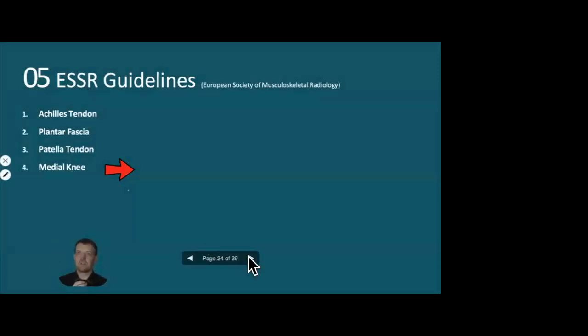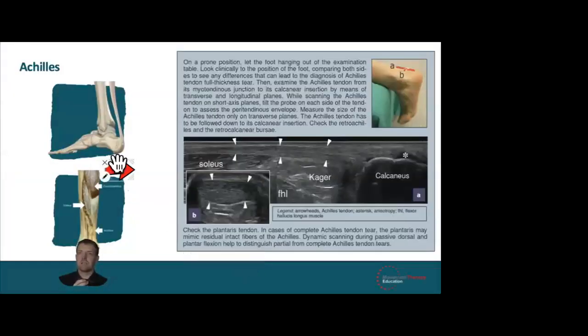If I just go to this, just to show you this. This is the information that you get from the ESSR. All right, so calcaneus, there's your Achilles tendon, Kager's fat pad, soleus, flexor hallucis longus, just there. And then that's the recommended position that they want people to be in. For me,